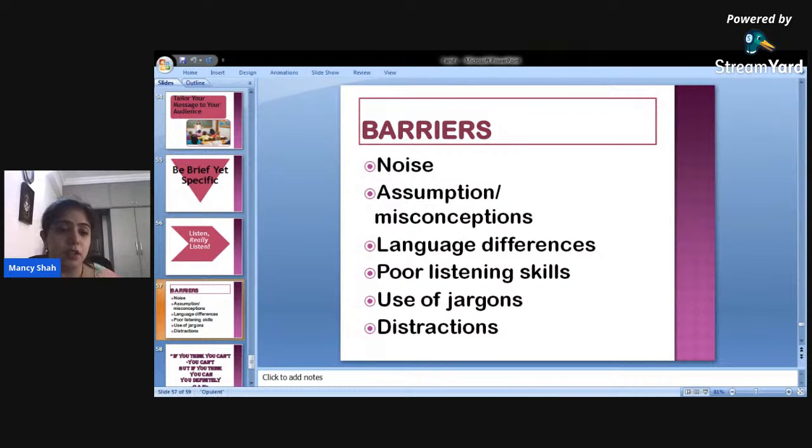If you want to achieve something, if you want to give a good impression, this is all you need to know. In a nutshell, I've given you about communication: right from the fundamentals of speaking, to the fundamentals of listening, your body language, how to maintain your body language, your telephone etiquette, and the barriers which you need to avoid. I have on my behalf tried to cover as much as I could within the time limit given to me.